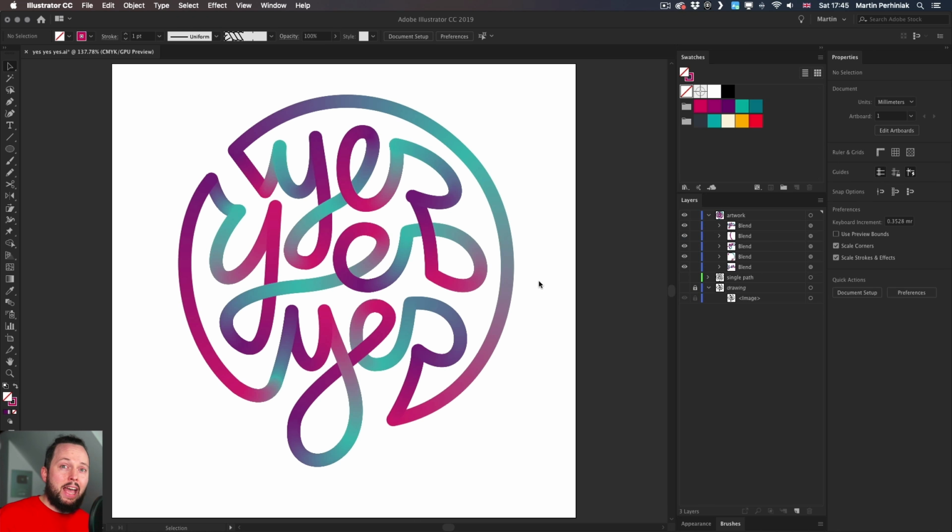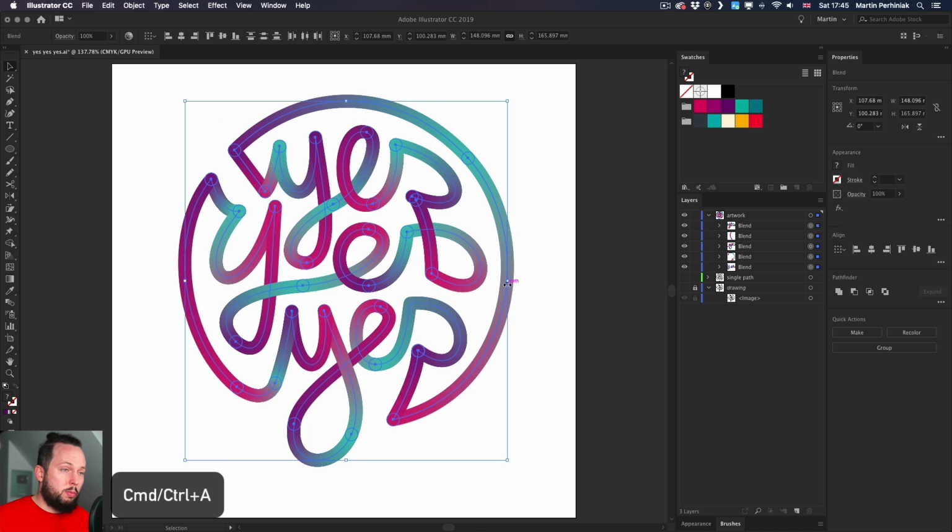Okay, now that we have the final result, let me show you a few really cool techniques, the way we can improve this composition. First of all, what if I want to change the colors? So at this point, I'm happy with the way it looks, but what if I want to just test out different colors? Well, the easiest way to try that is by selecting everything, Control or Command A, and